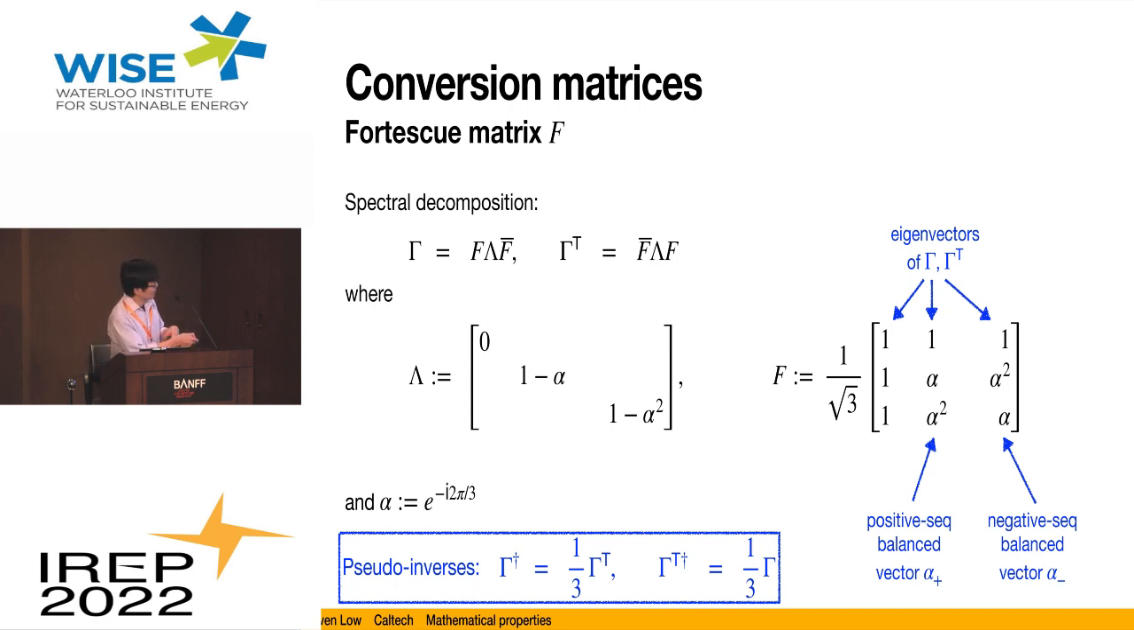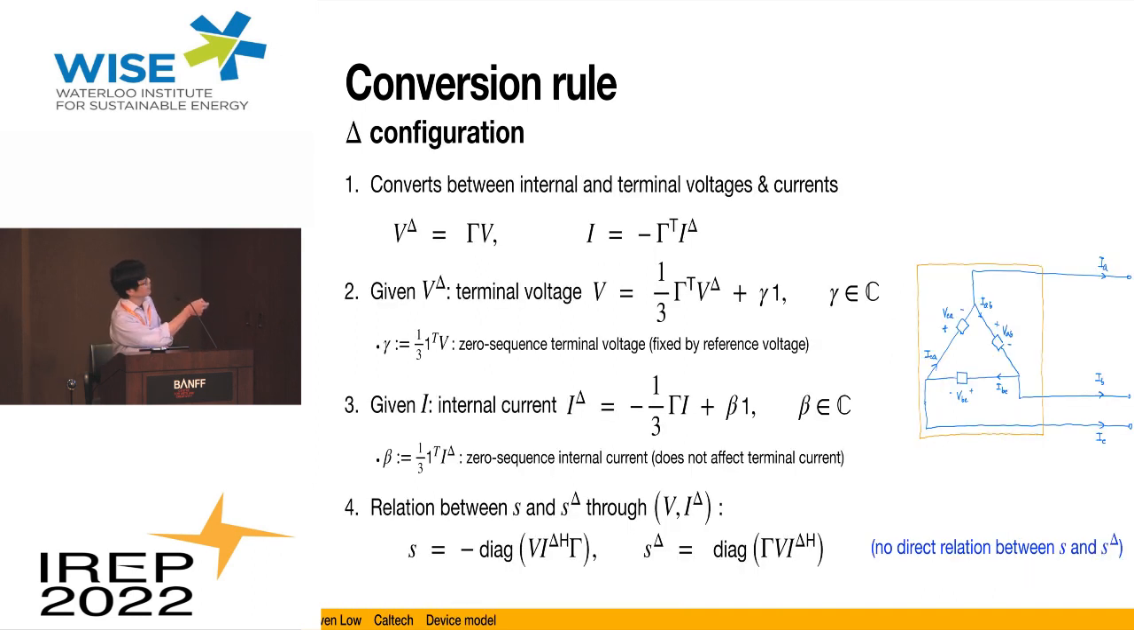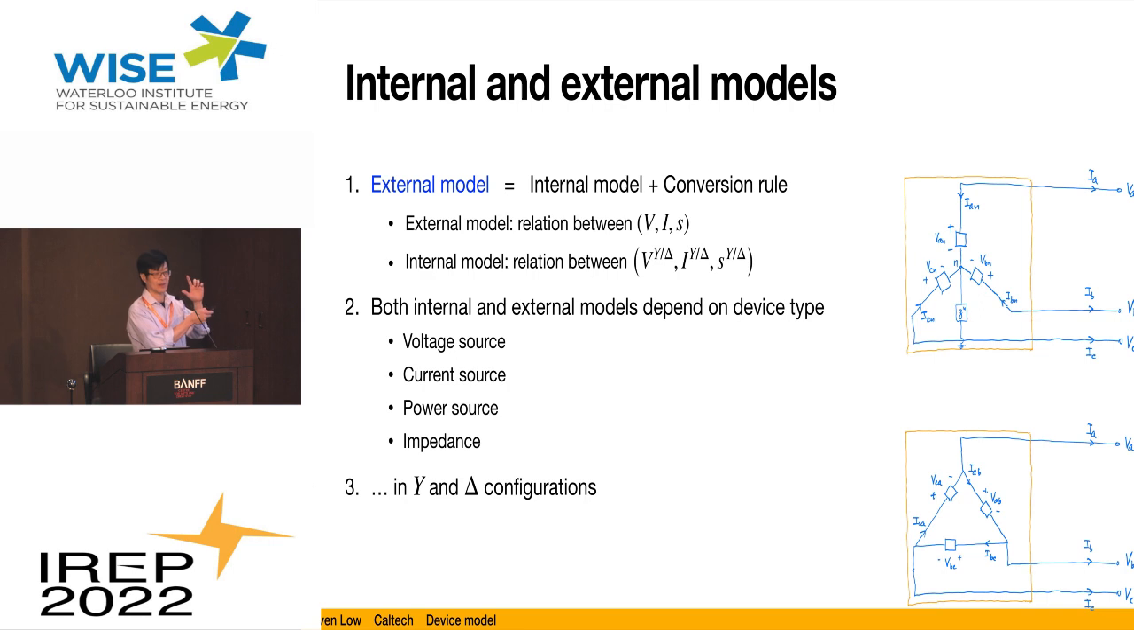So with this, you can compute the pseudo-inverse of gamma and gamma transpose. It's very simple. You just essentially take the transpose. And therefore, this allows us to convert between internal and external. So for delta configuration, these are the equations that convert between the two, the ones that we saw before. Right? And therefore, given V, we can figure out V delta, and given I delta, we can figure out I. But given V delta, we can also figure out V if the given V delta is orthogonal to the one vector, basically. In that case, V is given by a pseudo-inverse, but importantly, there's an arbitrary constant, which is the zero